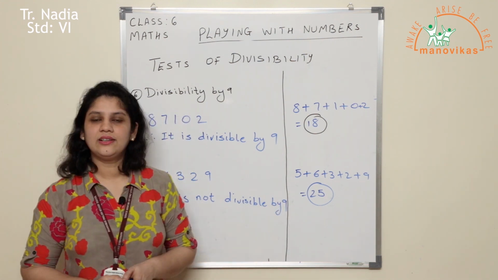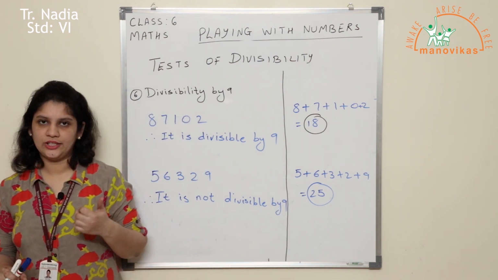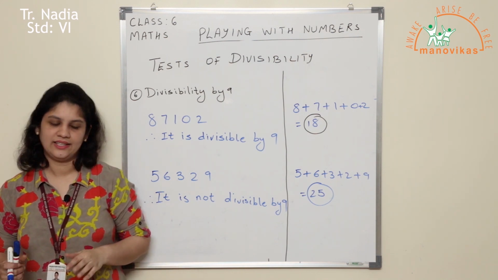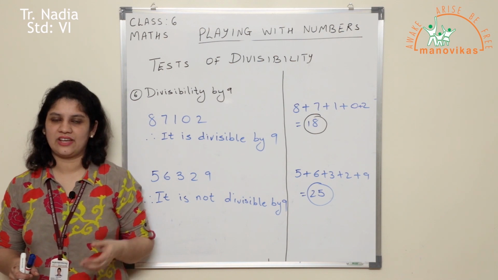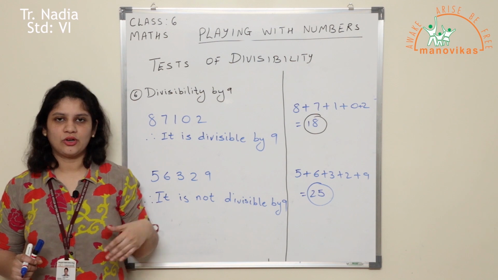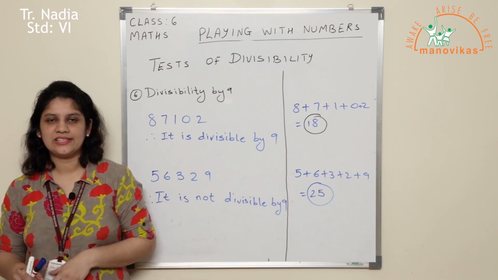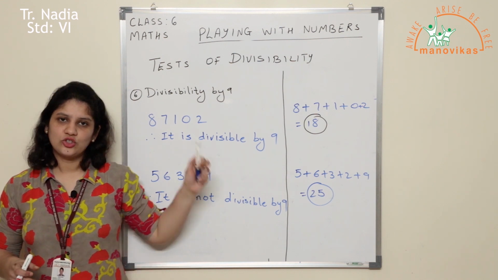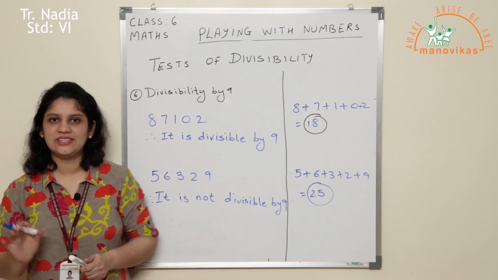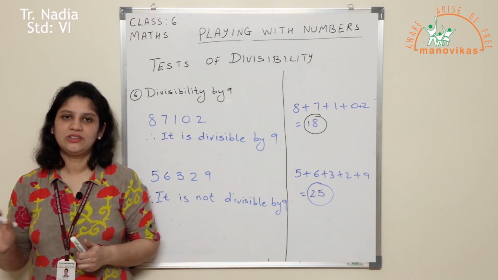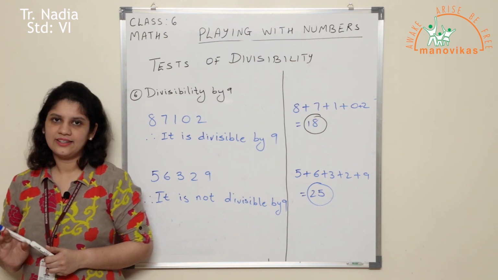Okay, children. So, these are the main divisibility tests which you all need to know: 2, 3, 4, 5, 6 and 9. There are more in your textbook like 7, 8 and 11. But as of now, you all just focus on these because the 7, 8, 11 tests you all will be learning in your higher classes. Probably next year you all will learn all this. So as of now, just get a thorough idea of these 6 main tests of divisibility: 2, 3, 4, 5, 6 and 9.